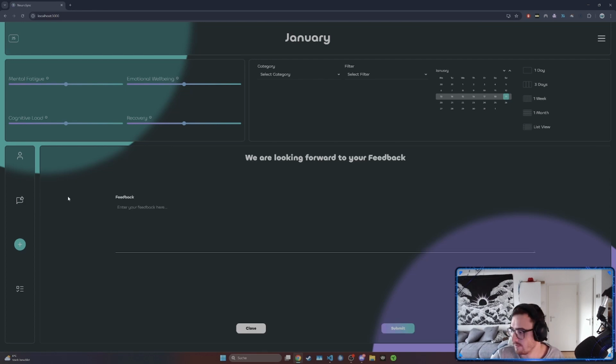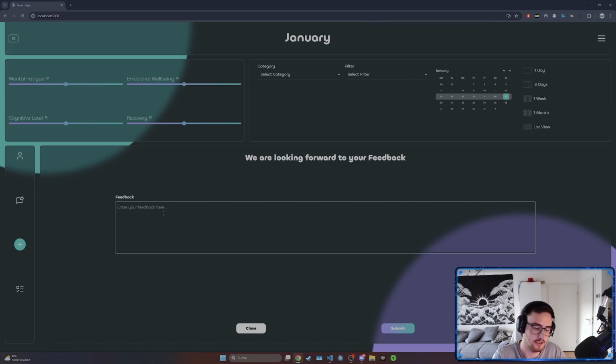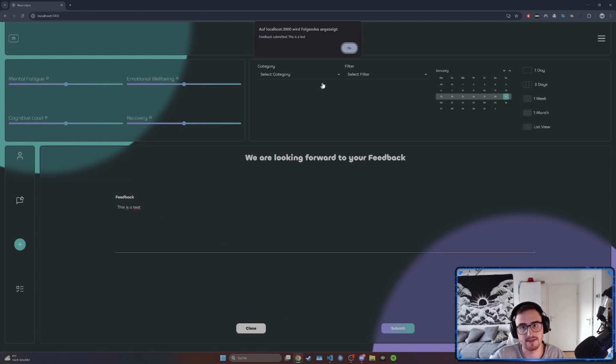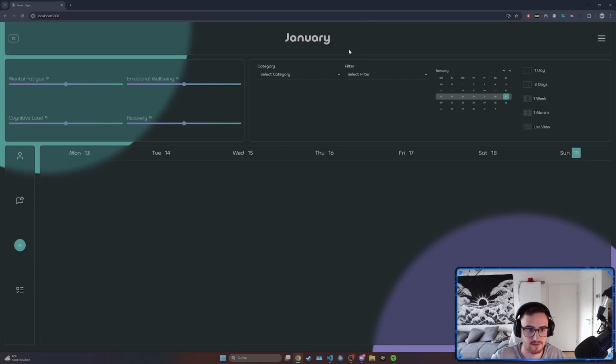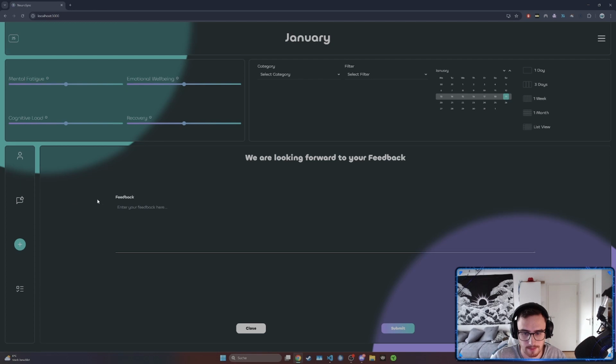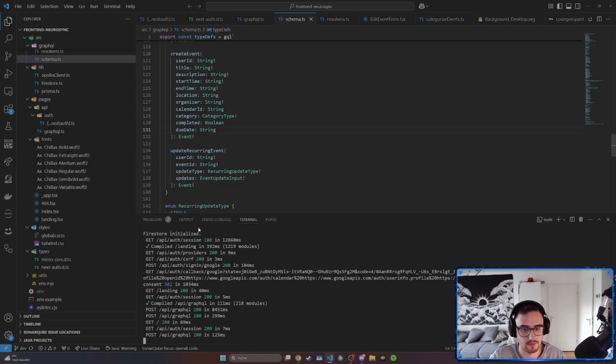And as I said previously, today I want to focus on the feedback. So you can already see I've been working on this a little bit. We already have the whole UI component implemented. So I could write feedback in here, but currently this is not being saved into our database that we have in the background. So at the moment it's not saved, and we're already jumping back to the calendar view. So in today's session, we're going to integrate the database connection. So let's just jump into the code